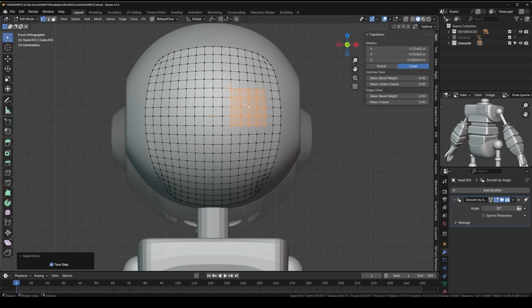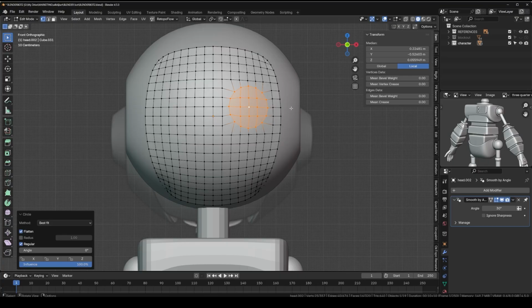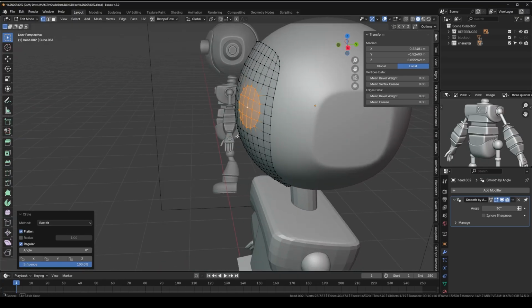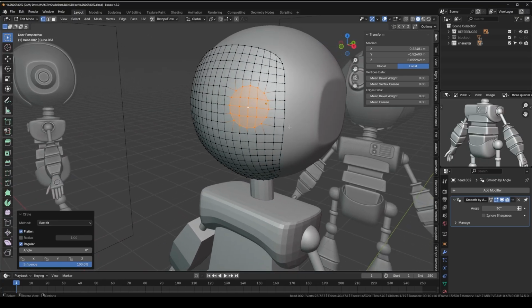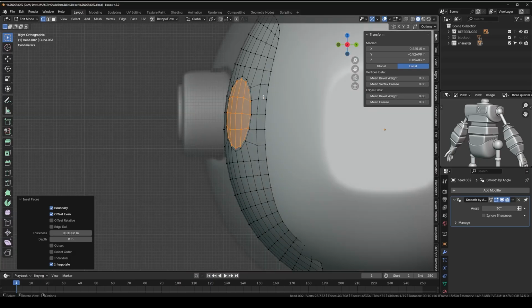So we're just going to do one eye, we're going to copy it over. So until you have something that looks like this, and then you right click, go to loop tools and say circle, and that creates this nice circle for you. And now we can just create an inset,